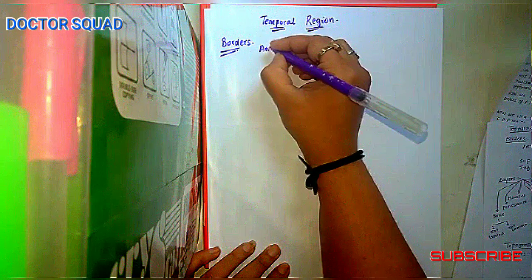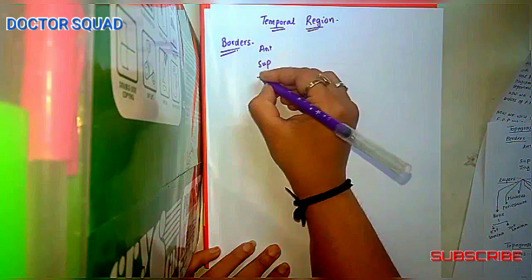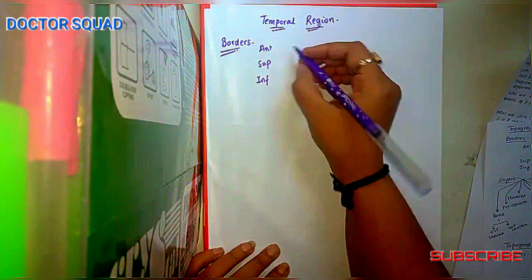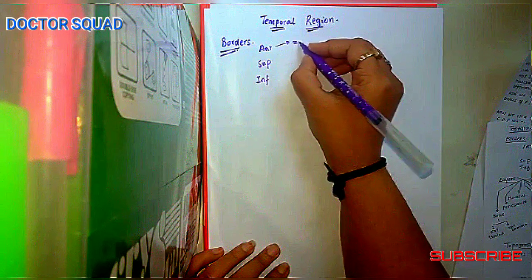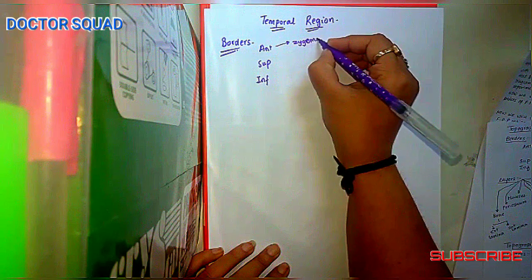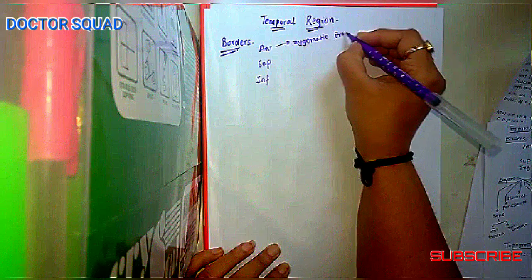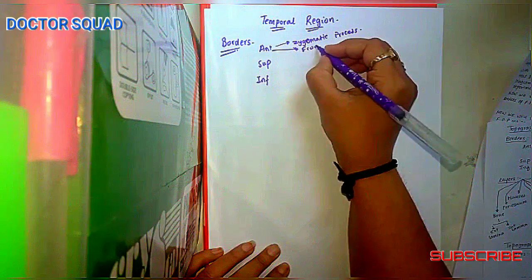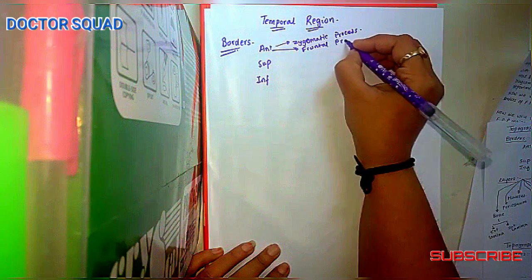The anterior, superior and inferior. Anteriorly, it consists of the zygomatic process of the frontal bone, the frontal process of the zygomatic bone,